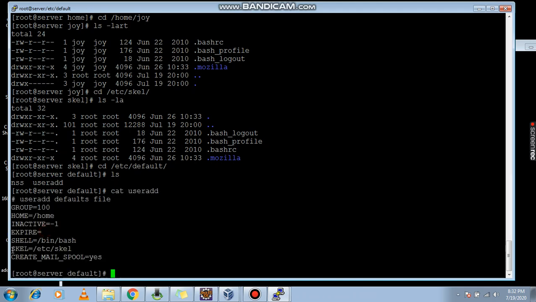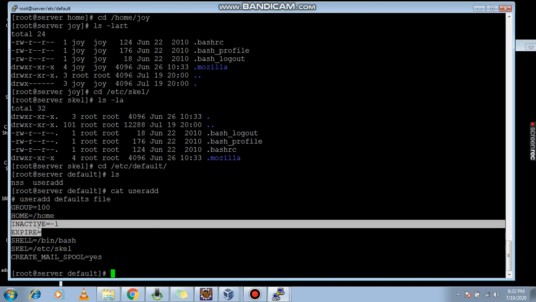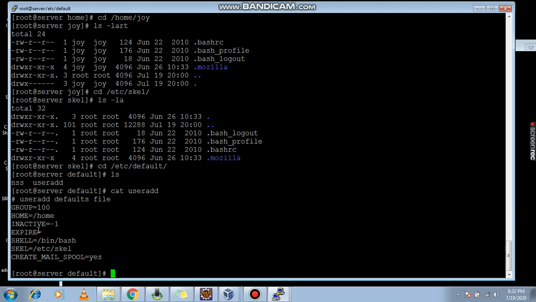Here the path is mentioned: SKEL equals /etc/skel. There it is mentioned SHELL equals /bin/bash, their home directory, their group, and these inactive and expire. These entries are available inside it, and it takes them from this file while creating any user.